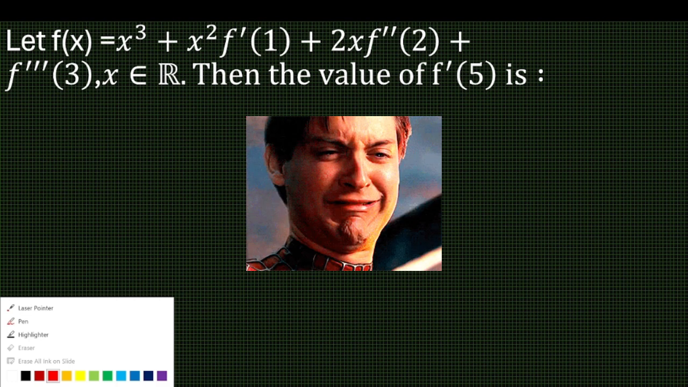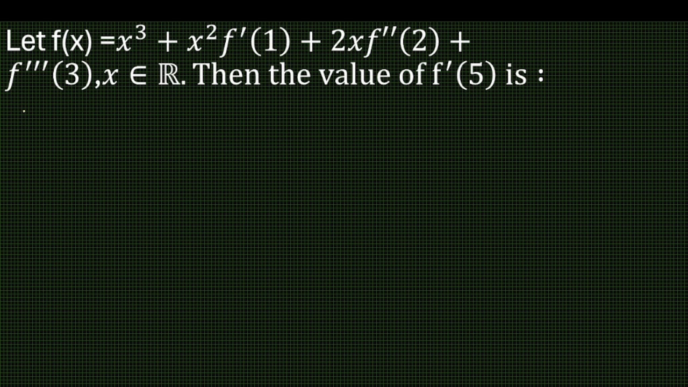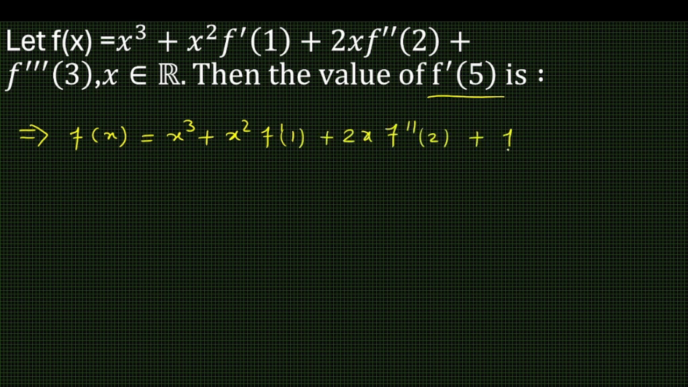जेई मेंस 26 का ये क्वेश्चन देख के आप शायद कंफ्यूज हो सकते हैं, क्योंकि f'(1), f''(2) और f'''(3) कैसे निकालना है। तो उसके लिए सबसे पहले हम f को डिफरेंशिएट करेंगे। f(x) = x² + x³ + x²f'(1) + 2x f''(2) + f'''(3)। हमें f'(5) फाइंड आउट करना है।